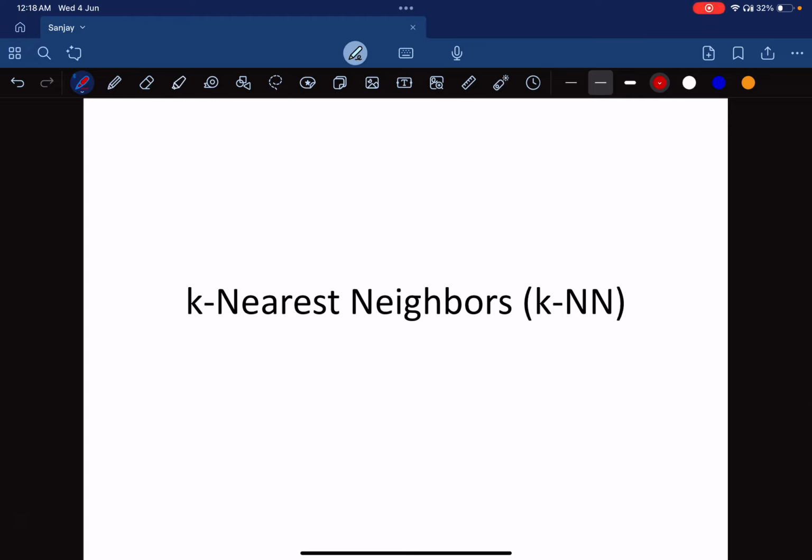Today we are going to see about K nearest neighbors. K nearest neighbors is a supervised machine learning algorithm used for both classification and regression tasks. It's also called an